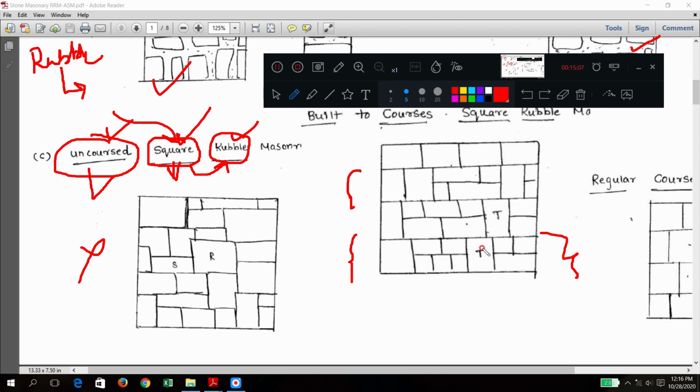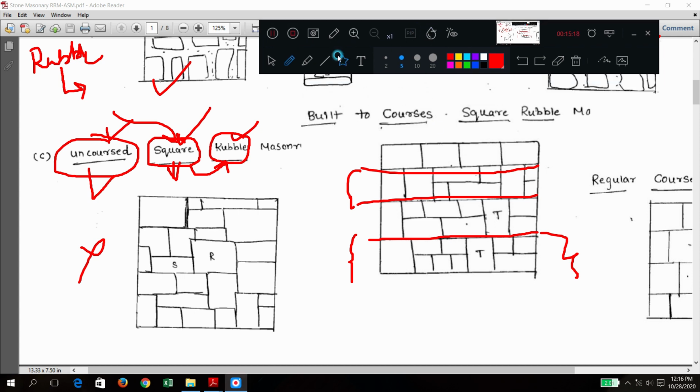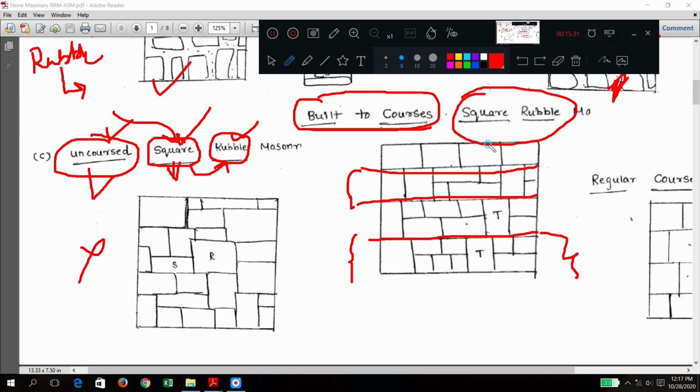But when you see the broader picture, more or less you can distinguish the courses. So that is why the name given is built to course. Built to course random rubble masonry. Similarly here also built to course square rubble masonry.